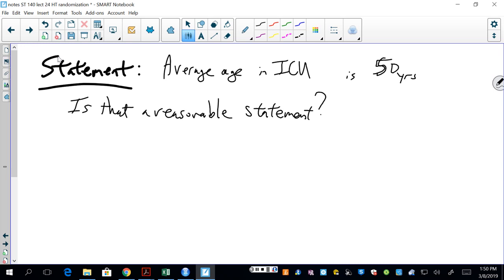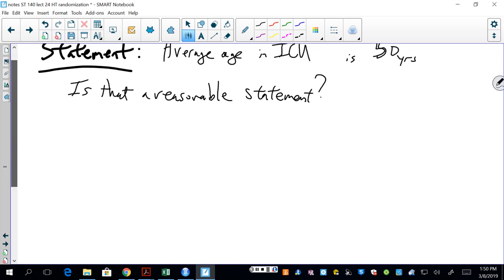It's a big, important question about how the people that are covered by insurance might differ from the people who are not. So maybe the average age of adults under some insurance plan is 50, and is that what it's like in the ICU or not? So as a null hypothesis,